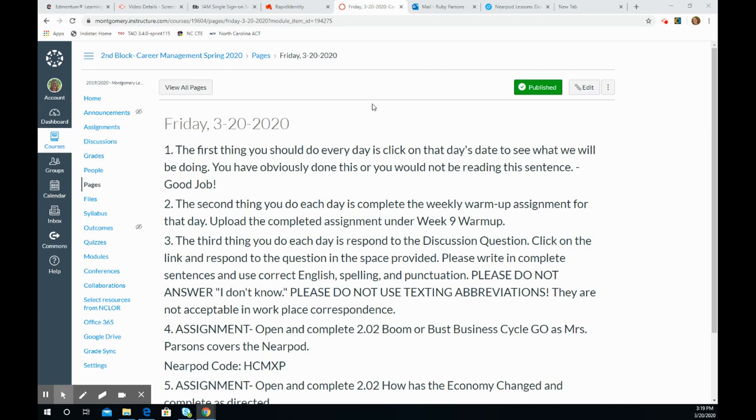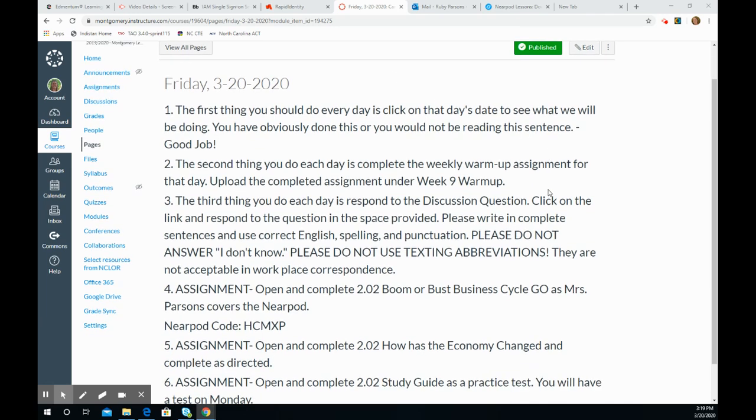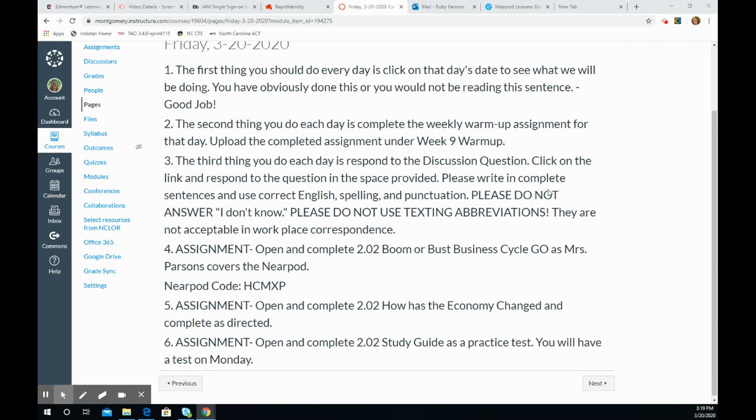The third thing we're going to do is complete the discussion board today. Remember, when you're answering the discussion board, to please answer it in a complete sentence and do not use those texting abbreviations. The fourth assignment we have today is a 2.02 boom or bust business cycle GO, and I'm going